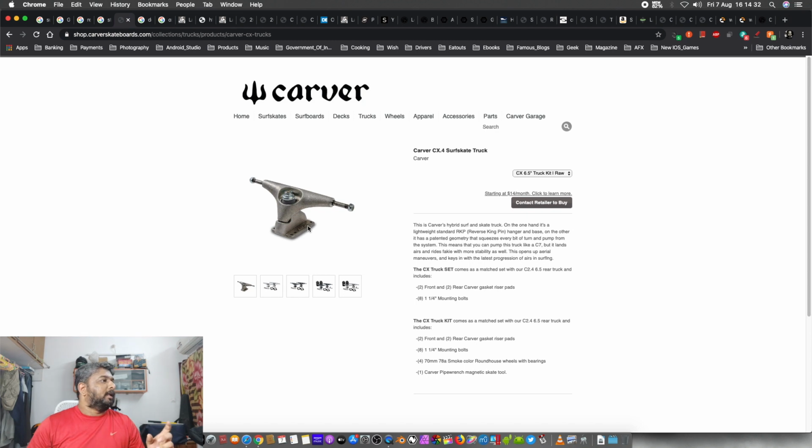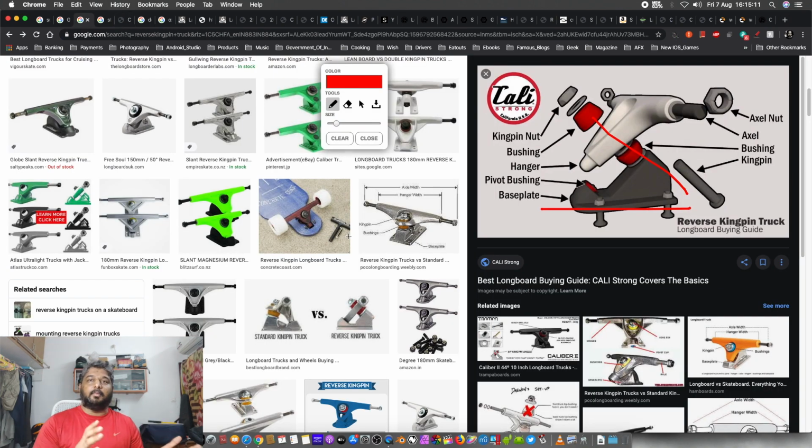This is much taller, and it uses the regular, traditional bushings, which are cone and barrel bushings, and is a little bit taller actually. It is able to achieve the same motion that you want for a surf skate or a surfboard, replicating the action of a surfboard from the sea on the land. So that's the initial mumbo jumbo of the reverse Kingpin truck, the standard Kingpin truck and the surf skate trucks. The reverse Kingpin truck also employs the return to center,